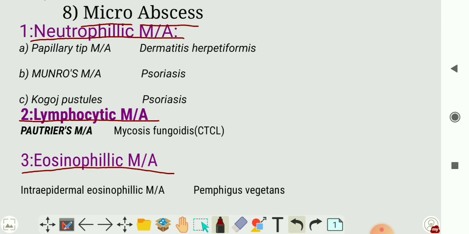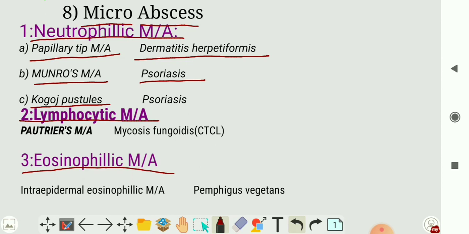The examples of neutrophilic microabscesses are papillary tip microabscess, Munro's microabscess, and Kogoj pustules. Papillary tip microabscess is seen in dermatitis herpetiformis, and Munro's microabscess is seen in psoriasis, and Kogoj pustules are seen